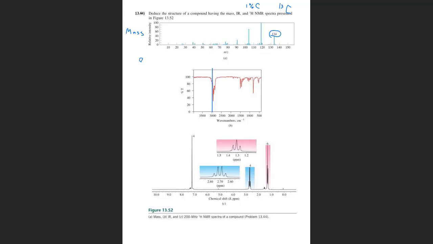So the probability that you're not going to have a single carbon-13 atom in a particular molecule is 90%, which means that 10% are going to have at least one carbon-13. And that's why you see these two peaks here,